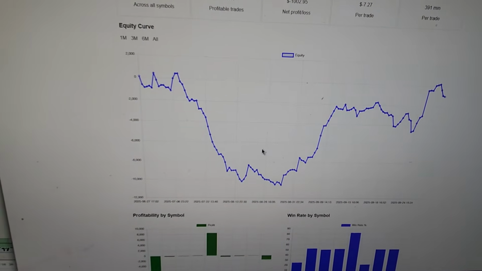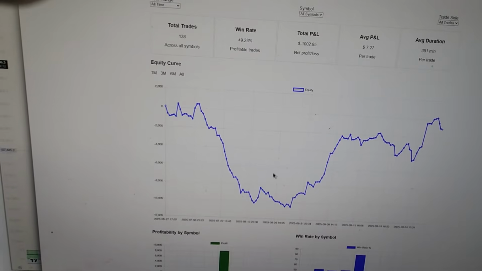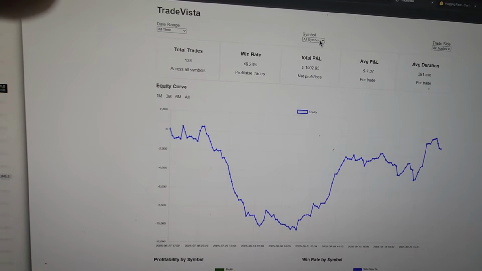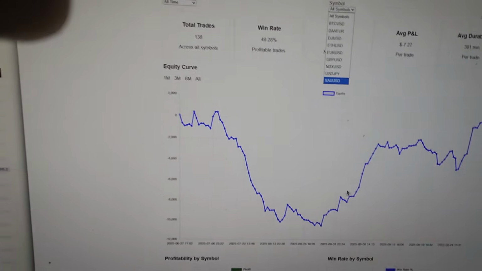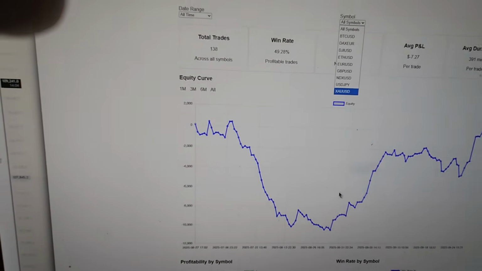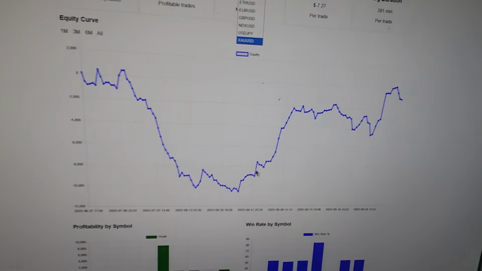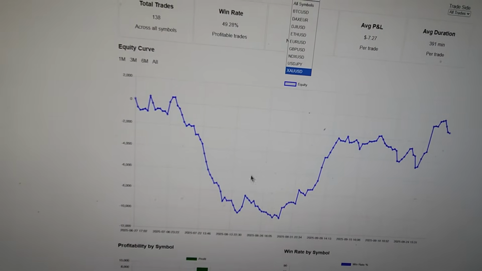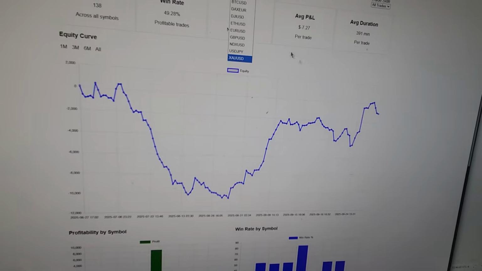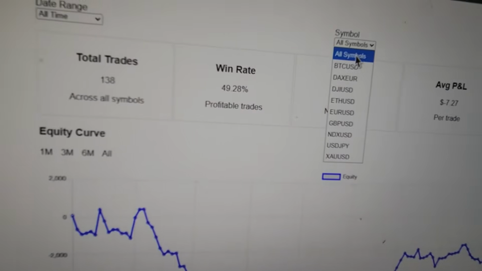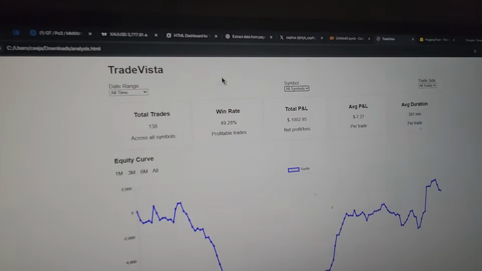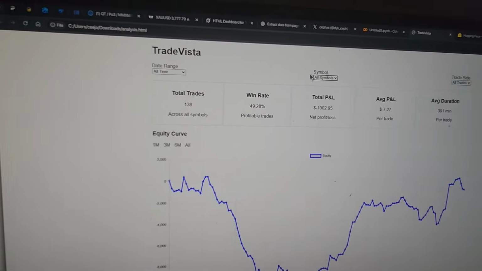Now, apart from all that, I also made a lot of changes in the way I trade. A very important change that I made came before we had this revival in the P&L. You can see I've made quite a lot of money now, because I wasted so much time doing the wrong things, and now I'm doing the right things and I'm seeing the right results. And if you look up here, AI, I love AI. AI was able to help me do this. It would have taken me probably like 3 weeks to do this on my own.